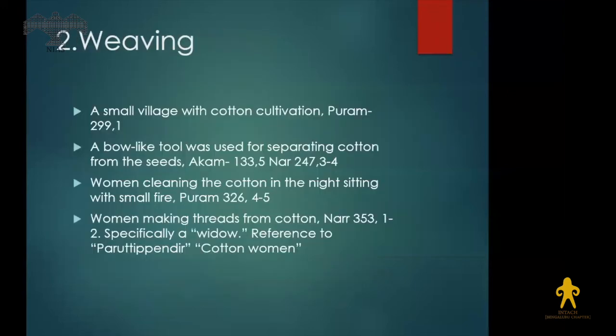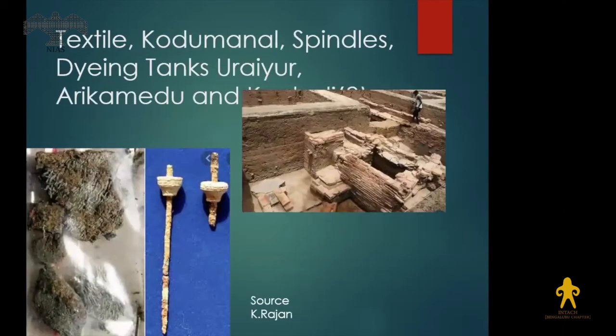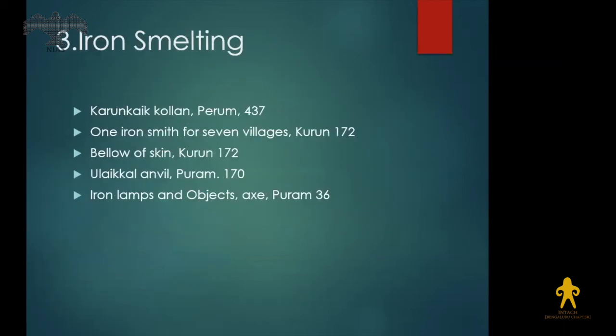Weaving, and also parthi pender, women especially weaving, that is brought out in some of the poems, and tools used for weaving. The nature of glass, smoke-like fine textile, blue cloths which are similar to the membrane found inside the bamboo. They are all spoken of in the literature. We have evidence of cloth from Kodumanal, spindle holes, and possibly tanks used for dyeing, iron smelting, Karankai Kollan, the